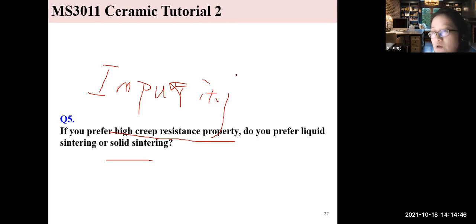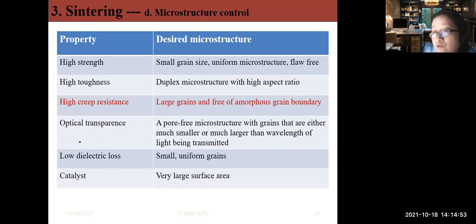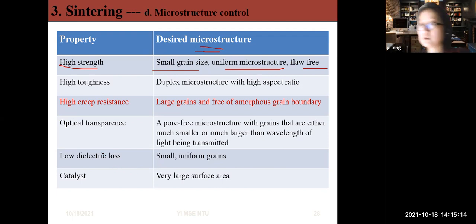The impurities will always go to the grain boundary. Okay, so you have to be very careful here. First let's see these tables. We know that if you need high strength, make sure your microstructure has small grain size, uniform microstructure, and flaw free. Most flaws we refer to as pores, because most of the time we don't want pores. So this is high strength, high toughness,